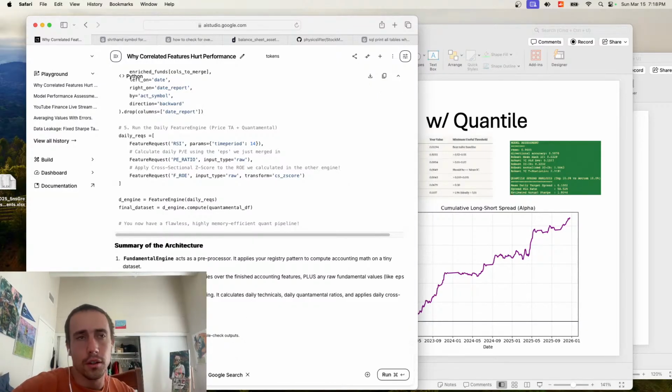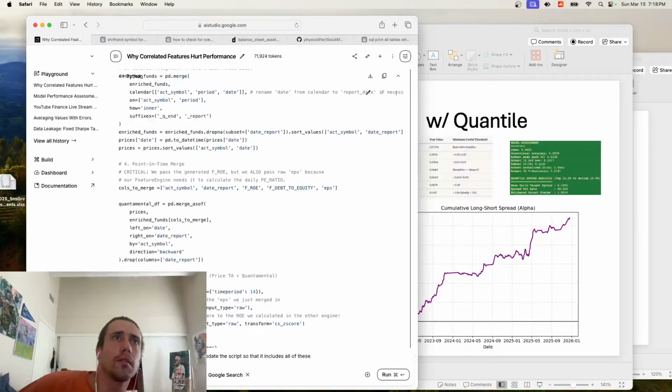Okay, so here are all of the features that I want. Update the script so that it includes all of these. Is it giving a feature request?